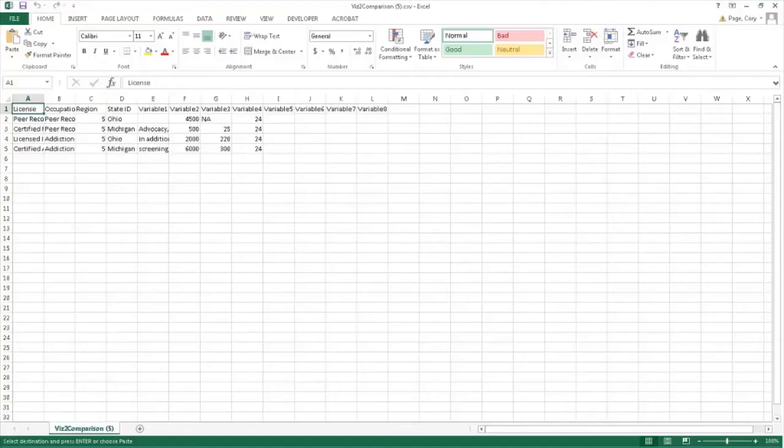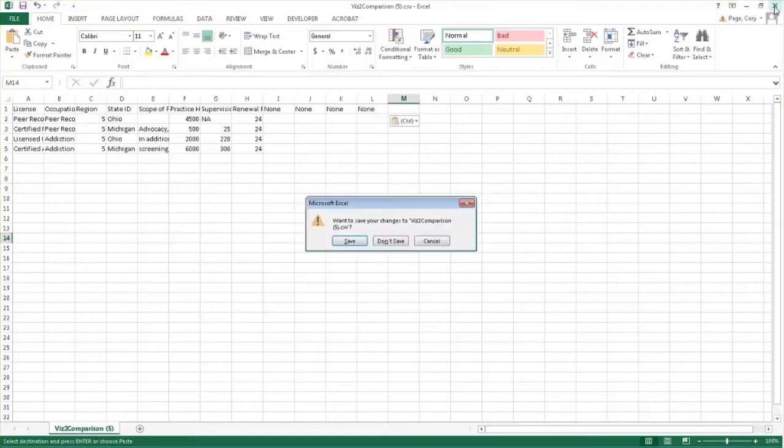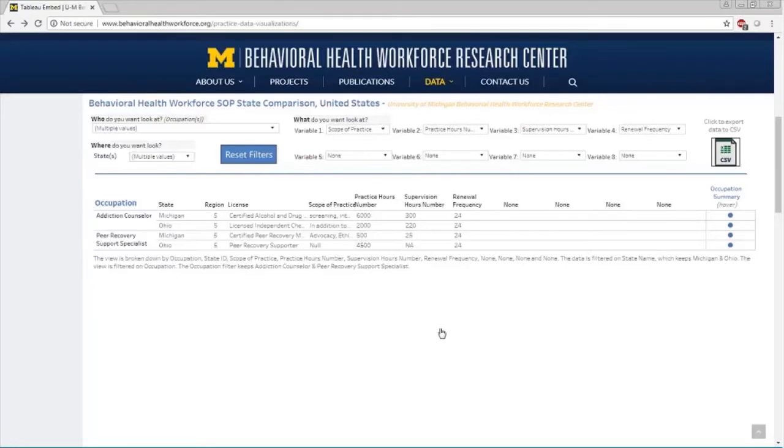Then, when you open up that first table, you'll see variable names 1 through 8, just paste, and now you have a complete table of all that data that you wanted. Variable names are attached now, all the data is associated with the proper rows, and it's only what we selected. So, using visualizations, you can go through and drill through the data to grab exactly what you want, or you can just grab all of it if you want to.